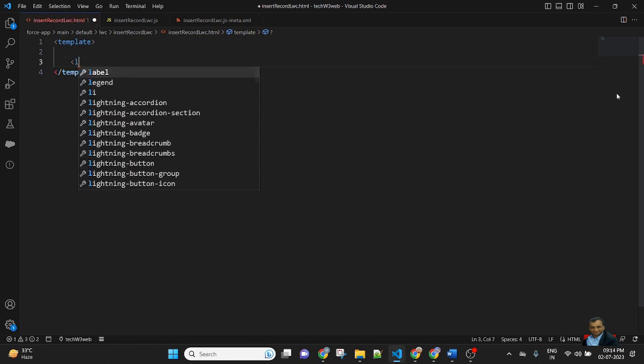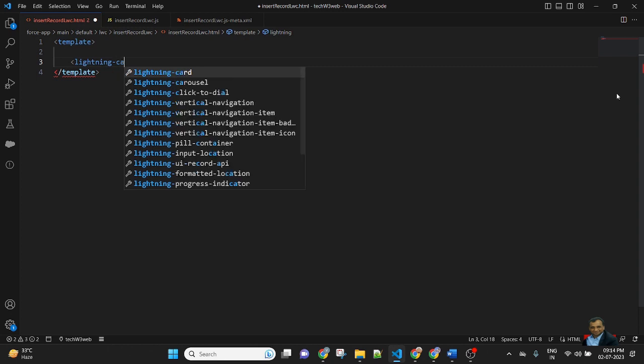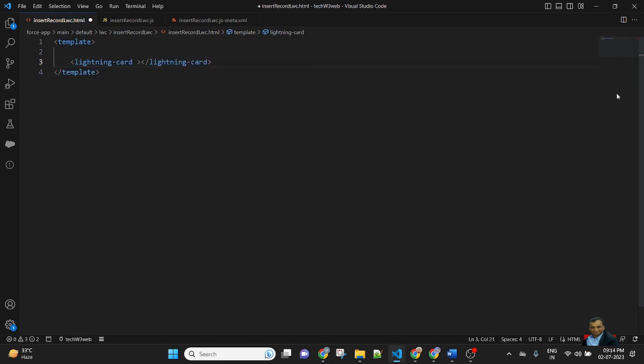So lightning card: in the lightning card, set the title to 'Insert a record from Apex method in LWC', and icon name is custom:custom20. Inside the lightning card, I will create a custom form.